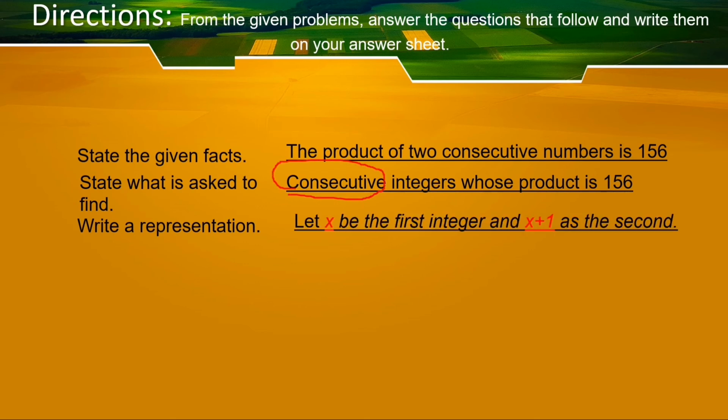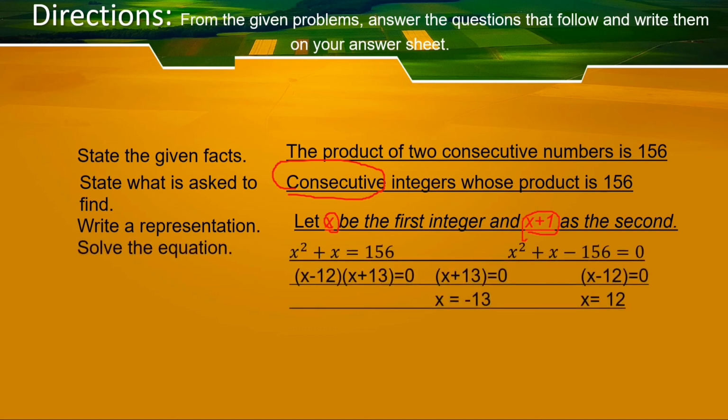So you have the same representation: x and x plus 1. Then multiplying the two, x times x is x squared, x times 1 is x,